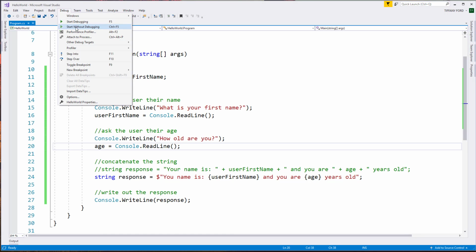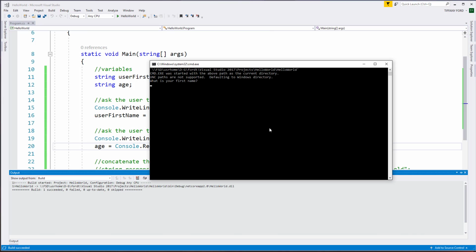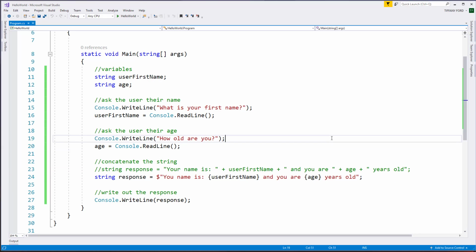If we give this a little test run, we should see, what is your first name? I can use the same data I used last time, which is Karen. And how old are you? 16. And so: your name is Karen and you are 16 years old. We get the exact same response that we got from the concatenated string,